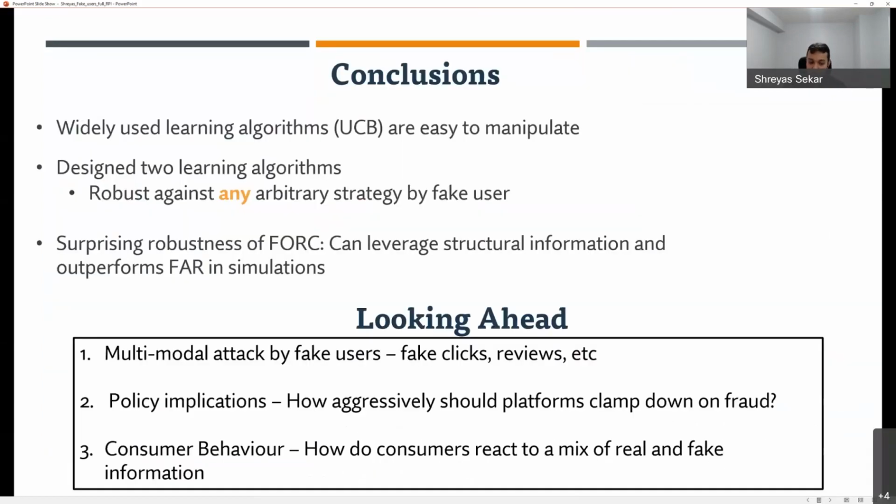So let me conclude here with some high-level intuition. So first, the first thing I want you all to think about is that there's been tons of progress in online learning. Now, unfortunately, many of these algorithms are easy to manipulate in practice. Okay? So if you are in a setting where some sort of manipulation is prevalent, you should start thinking about robust learning. Now, the second thing is that the behavior of these fake users is increasingly more sophisticated. So what we do is we use the terminology of the adversarial user to come up with an algorithm that's robust against any sort of behavior that's used by the fake user.